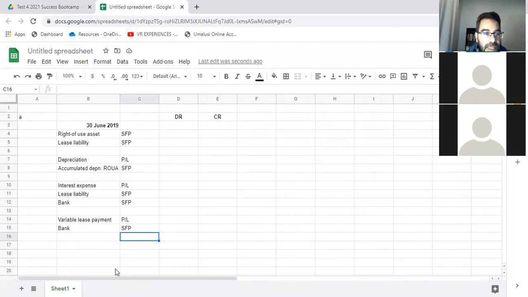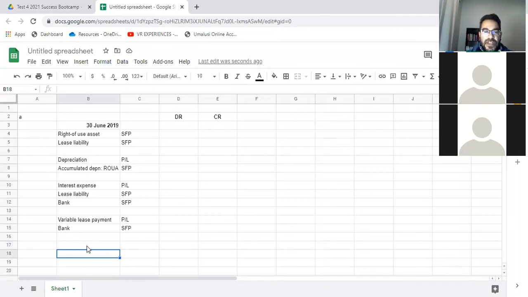Okay, so now we're going to do a calculation. Just one thing to take note of: these are easy marks that many lose. If they don't tell you to ignore deferred tax, then that means you must show a deferred tax calculation. I'm not going to put it in the journal entry yet. I don't know which direction it's going in, but we must bring in deferred tax as well.